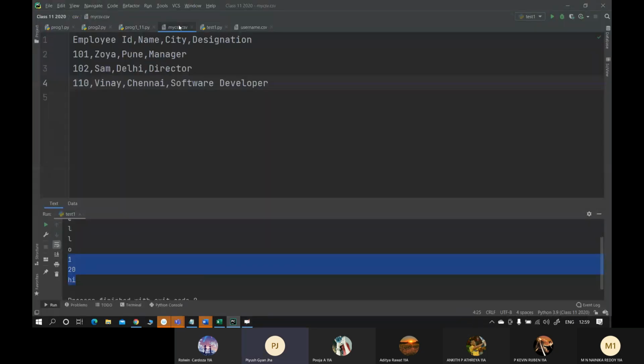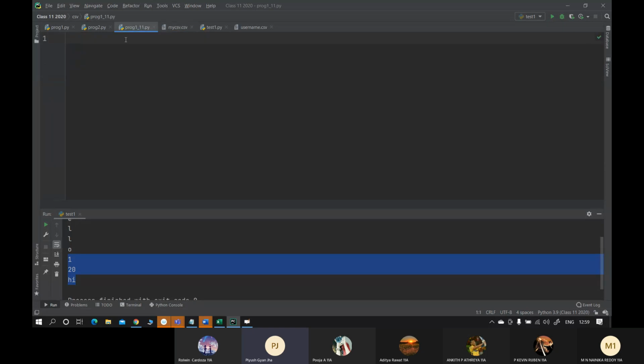So this is my CSV file. Let's say I'm trying to read from my csv.csv. So what I'll do is first line, I'll open the file. So I'll write F as open, it will be my csv.csv.